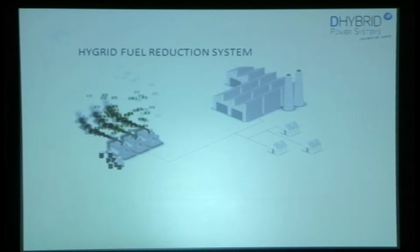So what you see here is a typical application for an industry, let's say, which is powered by a diesel generator. You have the diesel generator here supplying the load, the factory and associated buildings, with energy. And due to the fact that you're burning diesel fuel, you'll have a very high cost of electricity. So what we did,